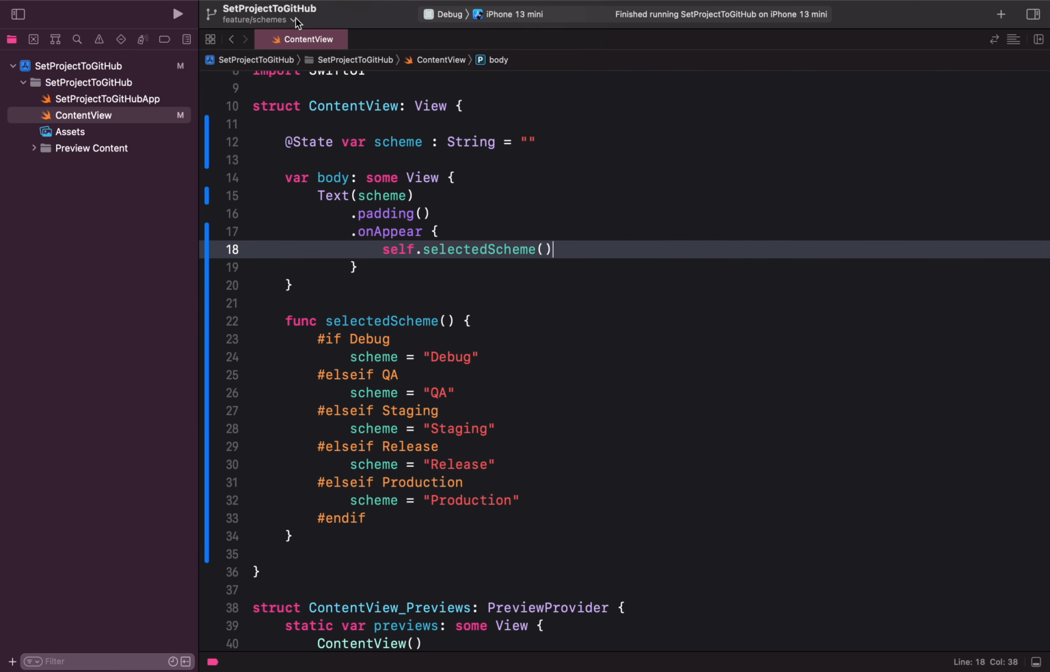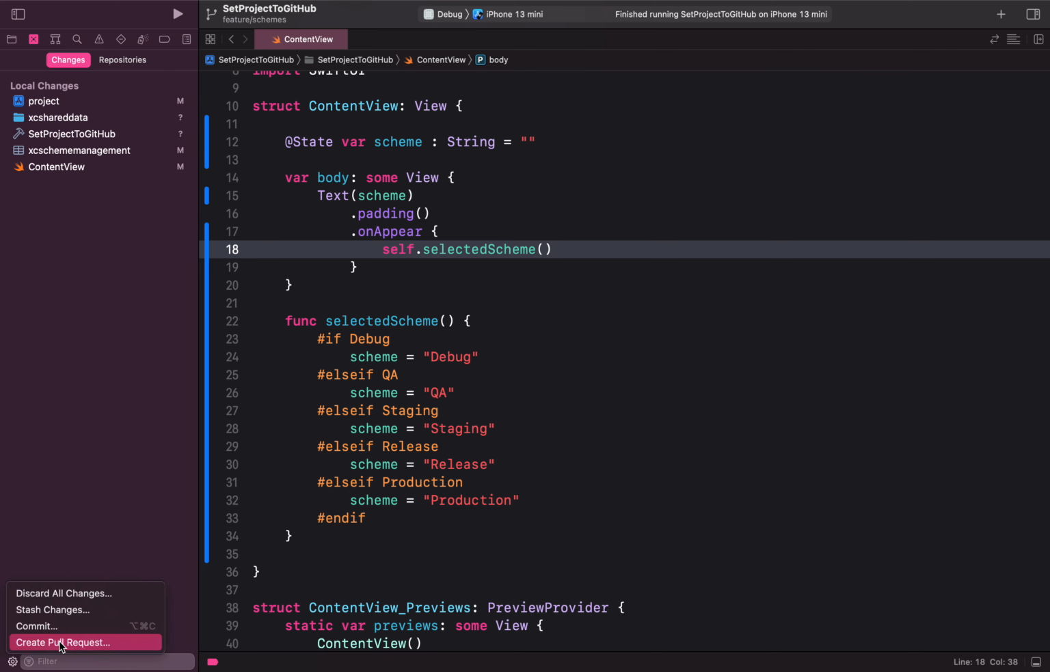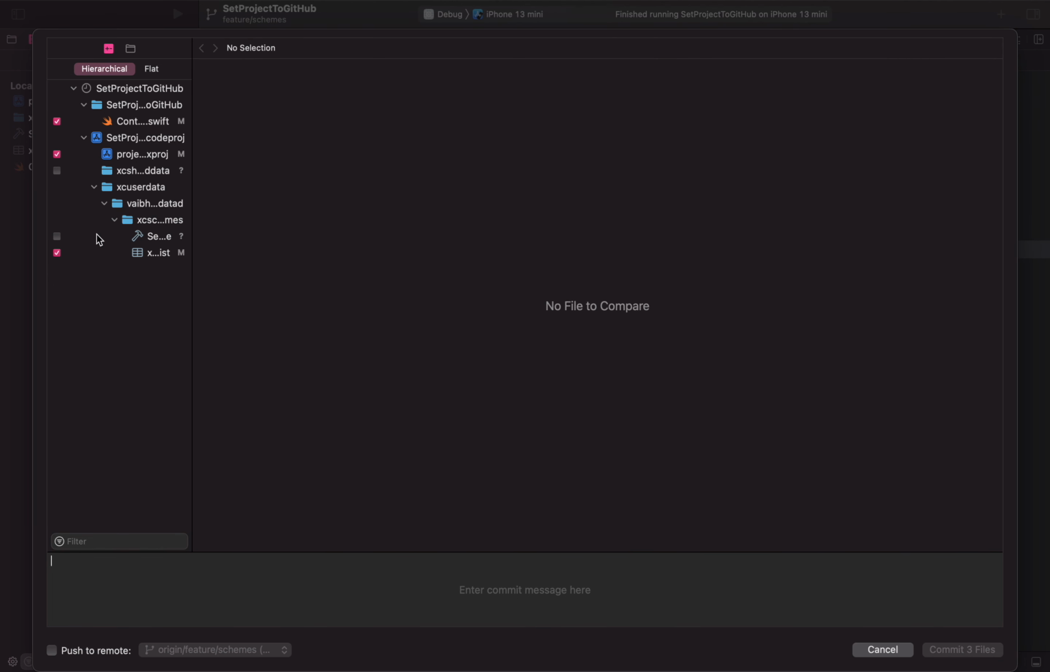And now we need to commit changes. To do that, just go here, and in the changes section you can see all the changes which we have done so far. First we need to commit these changes. So just click on commit, and here you will see the list of all the changes which we have made, and just put a message over here like added different schemes to project,